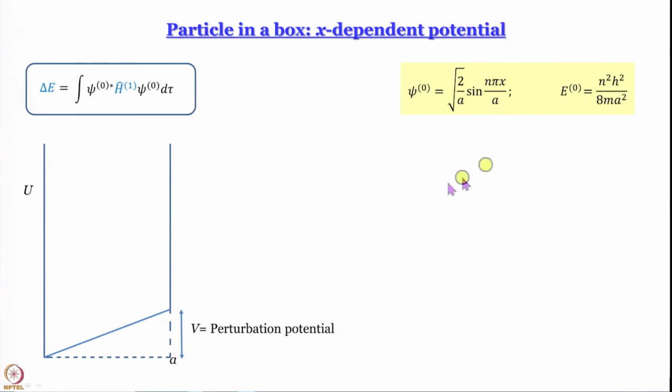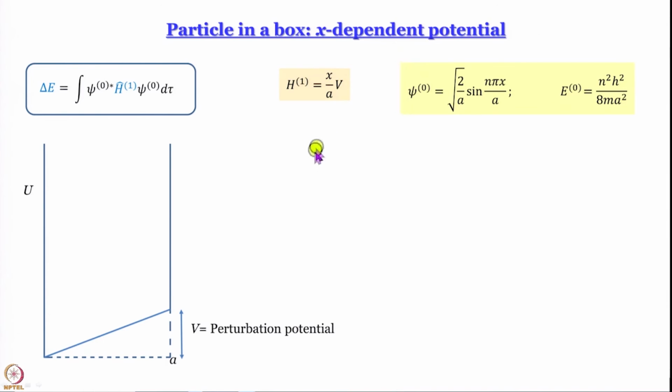Remember, what we are trying to do is get an expression for the first order correction to the energy brought in by this slanting bottom. To do that, we will need to know what the first order correction to the Hamiltonian is. It will be, of course, the potential energy. What is the potential energy? It is equal to 0 for x equal to 0. It is equal to capital V, let us say, for x equal to a. So, what you have here is a straight line going through the origin. Very simple, right.